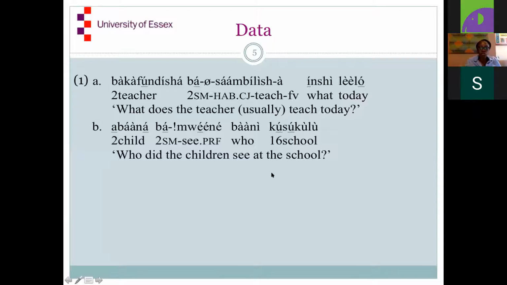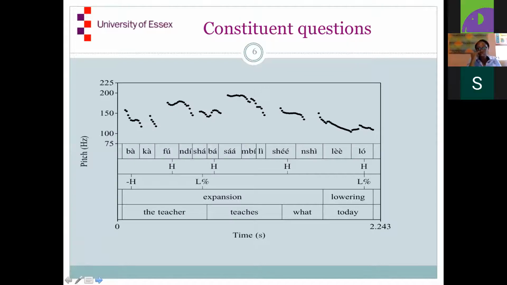So essentially, this is just to say, this is kind of what the data would look like if I presented each of them separately, but I decided not to do that for this particular occasion, and you'll just see them on the pitch tracks. Starting with constituent questions,